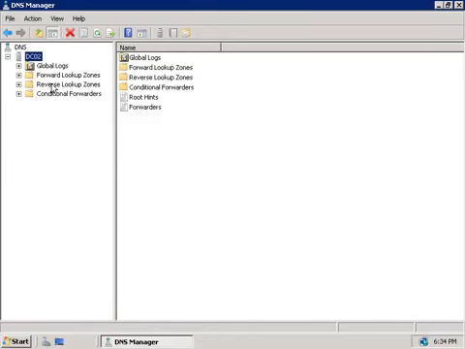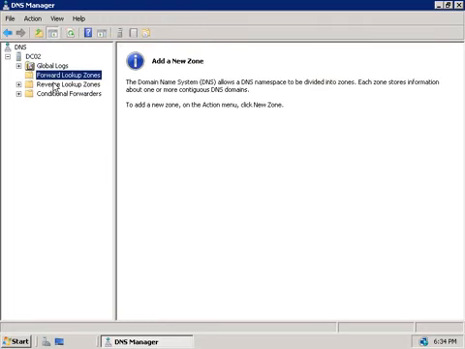It's a query where we know the IP address, but we don't know the host name. So our DNS server, if configured with a reverse lookup zone, will check the IP address against its records and return the host name. Alright, with that basic explanation out of the way, and we'll talk more about this later, if we select our forward lookup zones, or we select our reverse lookup zones, either way, in the right hand side you're going to notice that since this is a new DNS server, we don't have any forward or reverse